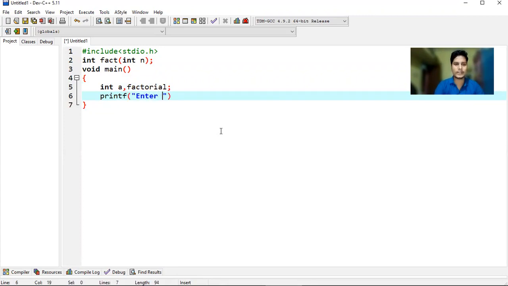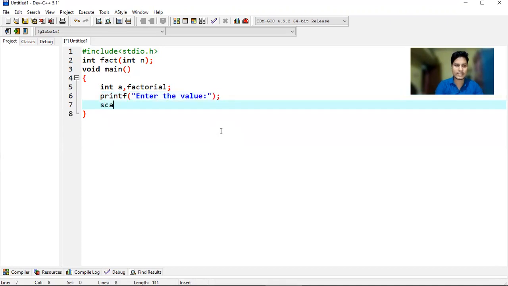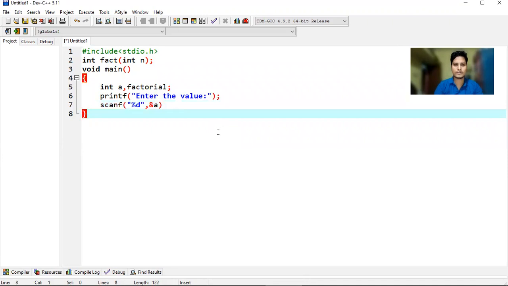to enter the value of a number, semicolon, scanf %d comma &a semicolon. Now factorial is equal to fact within bracket a.